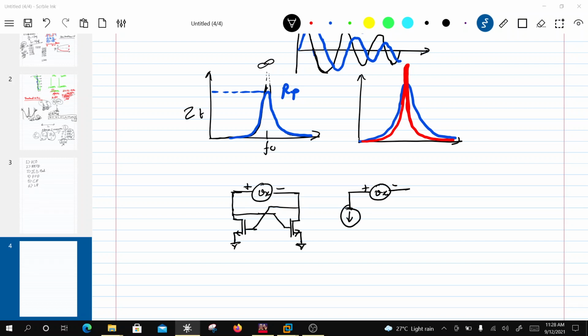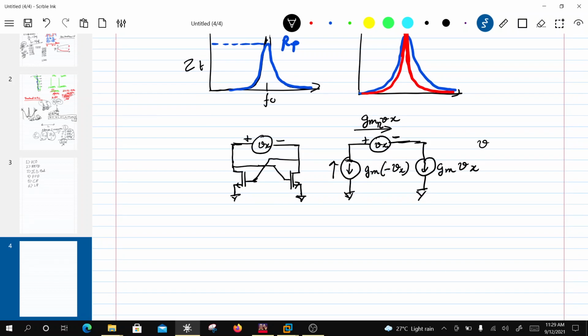a current which is in this direction, right, which will be equivalent to GM times whatever is applied at the gate, and what is applied at the gate is minus Vx, right? And then similarly the other side is also a current source which is going to be GM times Vx. Now this direction is reversed basically, so the net current over here is going to be GM times Vx, okay? And if it is an NMOS, I would add an N here. So I have a voltage Vx, and then I have a current which is GM times Vx, which is